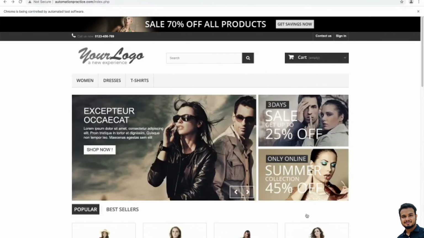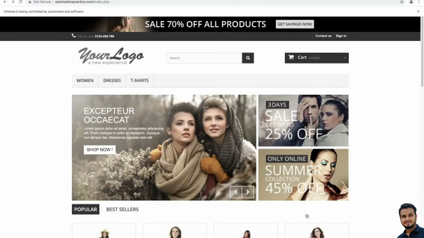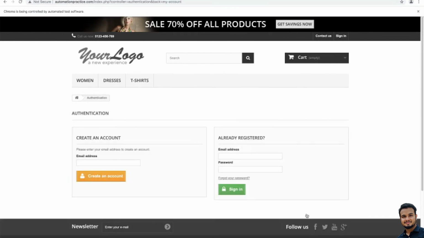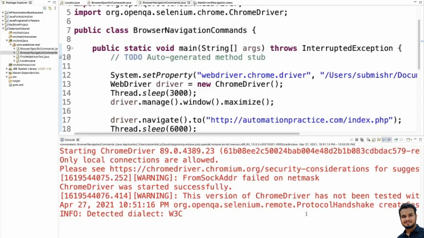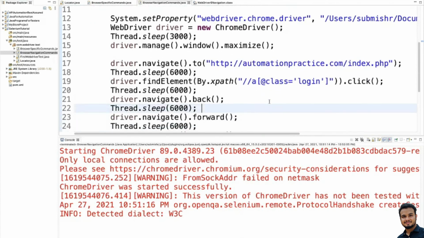Now after 6 seconds it went back, came to the home page again. Now it should move to the sign in page again, yeah, it moved, and here it will refresh. Now see, refresh is happening. Now it will close. Yeah, it is closed. So I hope you understand how this navigation works in Selenium.